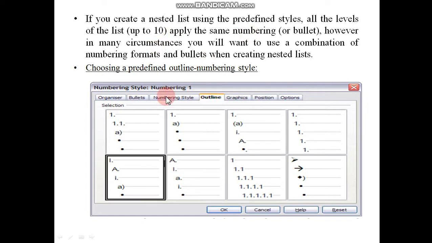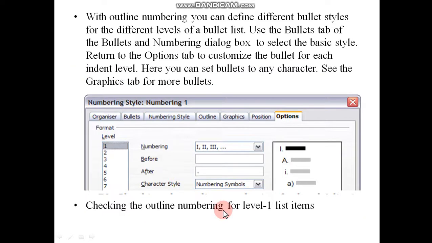Choose the numbering style, numbering 1 or that type of sign, then click OK. Suppose you choose 1, then 1.1, 1.1.1 in the sub menu option. Suppose you choose 1, then in the sub menu there is an italic. So choose any numbers and then click on the OK option.